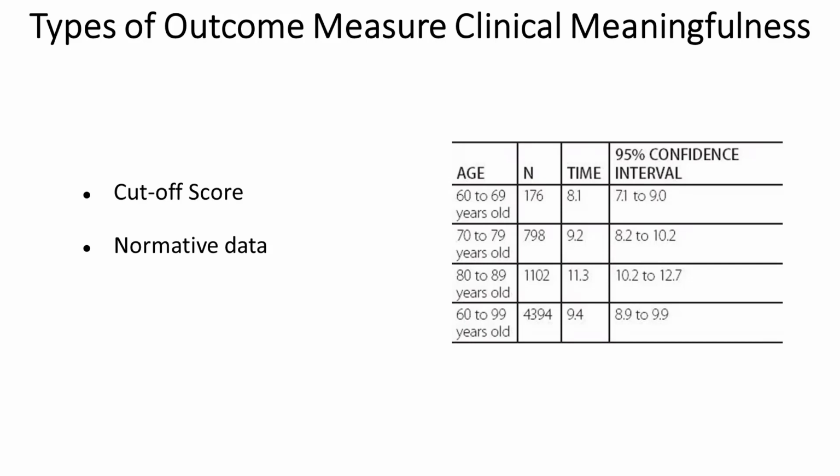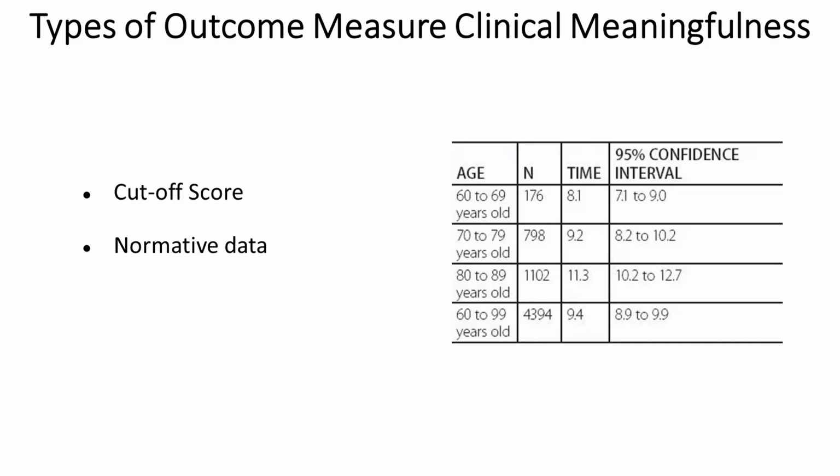Now on to the last psychometric property of the outcome measures we're going to look at, and that would be types of outcome measure clinical meaningfulness. We're going to talk about clinical meaningfulness over the next couple of slides. The first two that we're going to look at are cutoff score versus normative data. The cutoff score is going to designate a positive or negative test outcome. This information could be used to classify individuals into groups, such as minimum, moderate, or severe